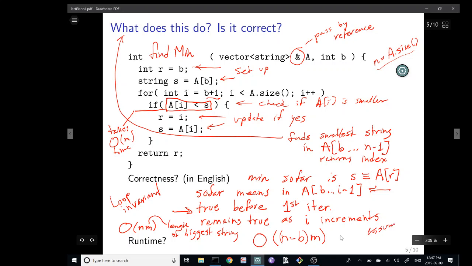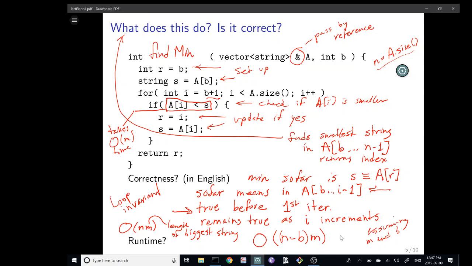Assuming m and b are constants, what I'm saying is not that they're small, but that they don't grow like n grows. And the thing that we're interested in, the growth, is the running time as n grows.